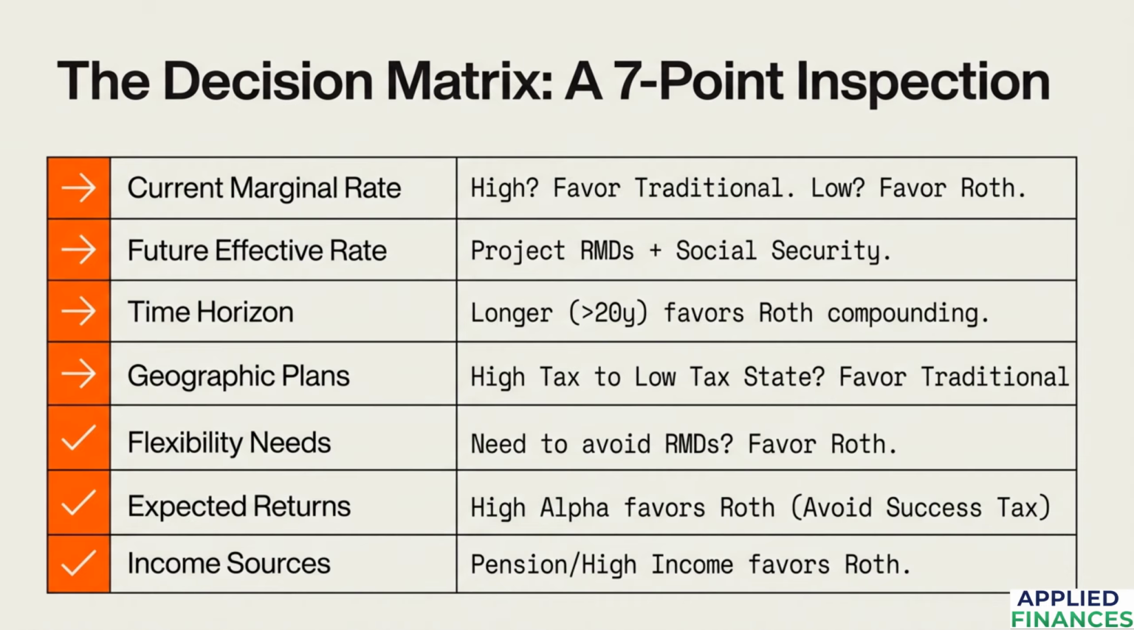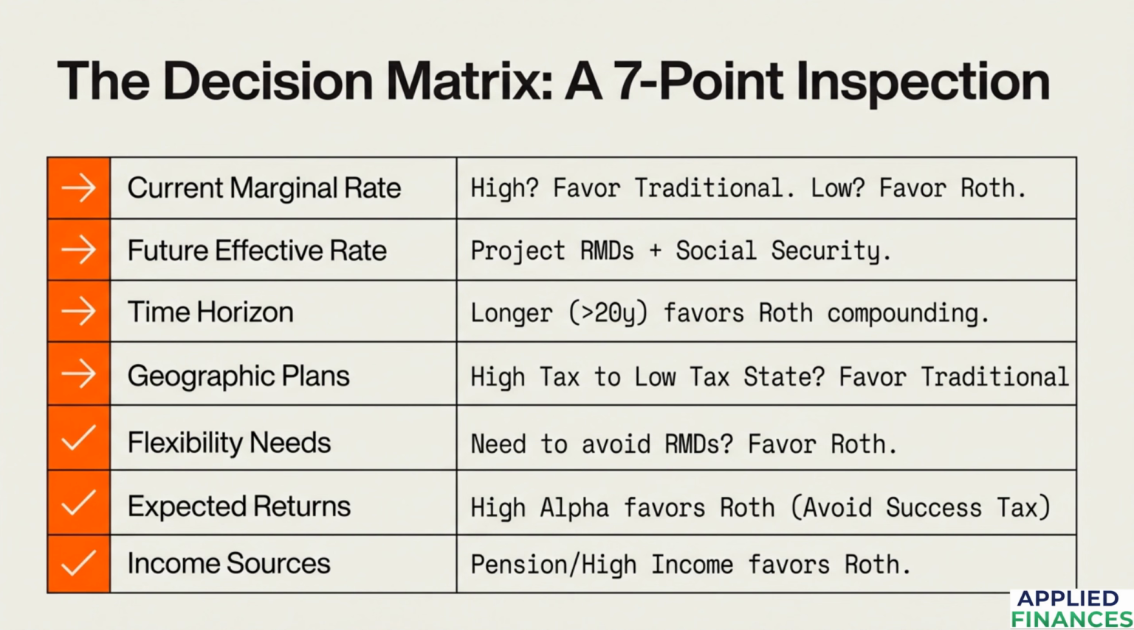Fourth, factor in your geographic plans, especially if you're moving between high and low tax states. Fifth, assess your flexibility needs and whether you want to avoid the restrictions of RMDs. Sixth, look at your expected returns. High alpha or high growth investments favor the Roth side to avoid what we call the success tax on massive gains. Finally, consider your other income sources, such as pensions, which might already fill up your lower tax brackets and